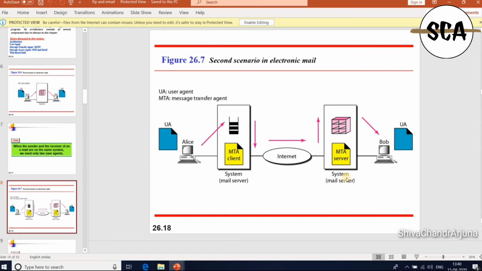The system, sometimes called a mail server, at our own site uses a queue to store the messages. The messages you are sending are stored in a queue, to be sent. Bob also needs a user agent program to retrieve the messages stored in the mailbox of the system at his own site. The message needs to be sent through the internet from Alice's site to Bob's site. So to communicate, we need an internet connection from Alice to Bob. Here two message transfer agents are needed, one at the client side and one at the server side.